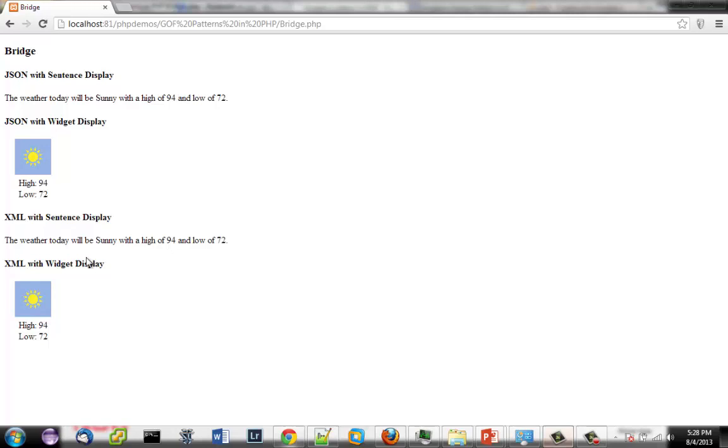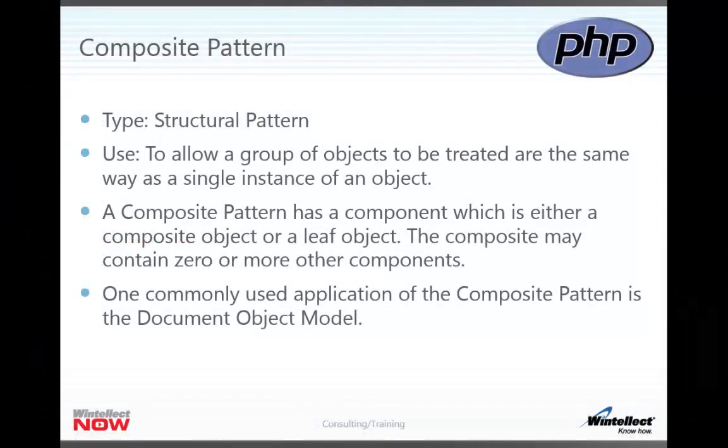So you can see how I'm using two different implementations, but I'm also using two different abstractions as well, to get the same kind of behavior. So I have abstraction varying from implementation, and this is how you go about doing it using the bridge pattern. It's a very useful pattern, like I said, if you have data formats that exist in different contexts, and implementations or displays in different contexts as well.